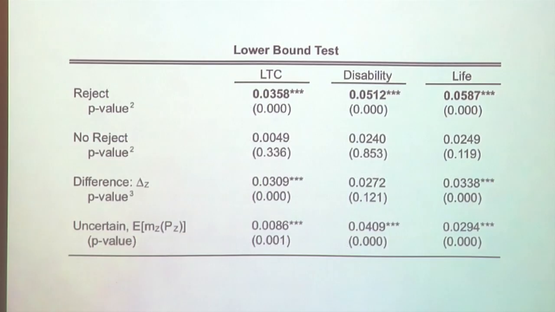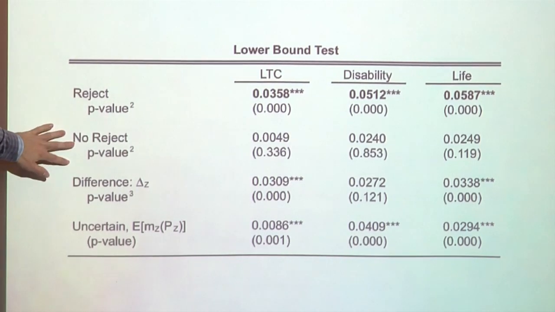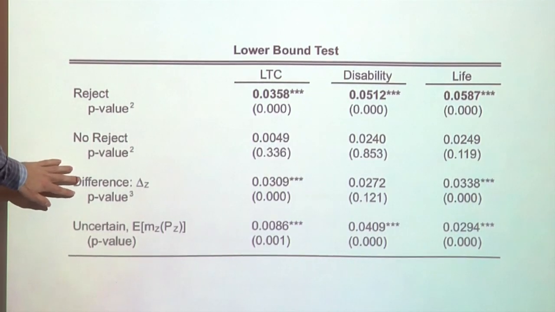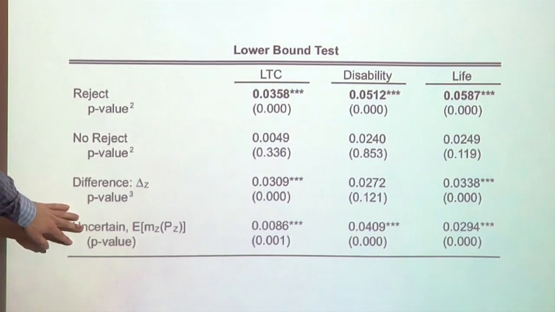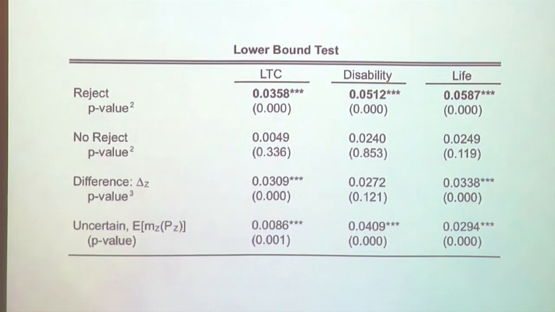Okay, so the results. This is a measure of predictiveness of these subjective probability elicitations for 3 different samples of people. The set of people who can't buy insurance, the people who would be rejected based on their observable characteristics, the people who can buy insurance, the people who would not be rejected, the difference between them, and then also a set of people who are unable to be classified into whether or not they can buy insurance for some data limitation reasons.